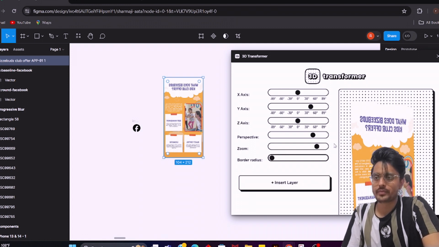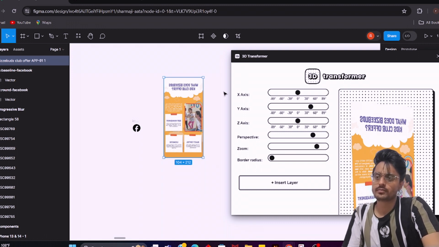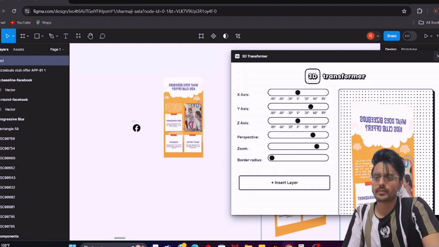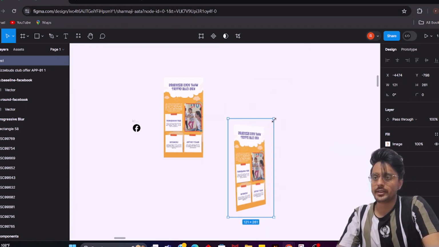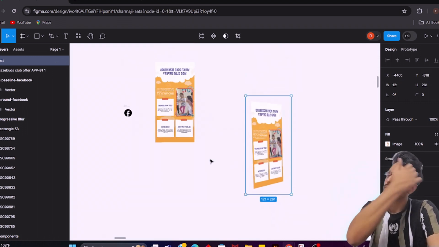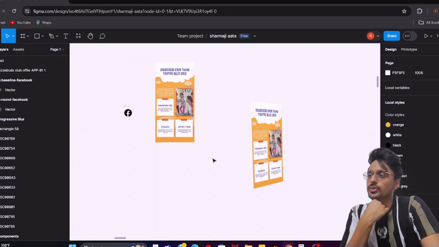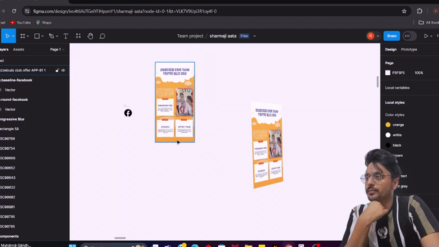When you insert it, it will put a new image here in that 3D perspective. So it's simple. You don't have to use Photoshop or something to make a 3D file.